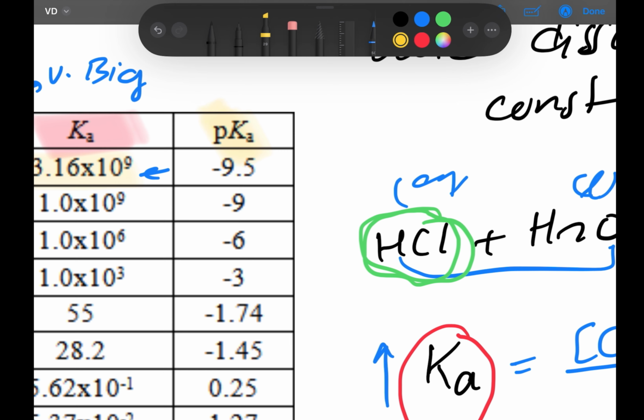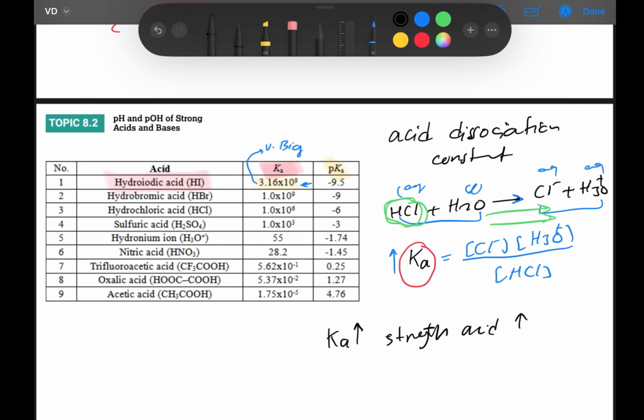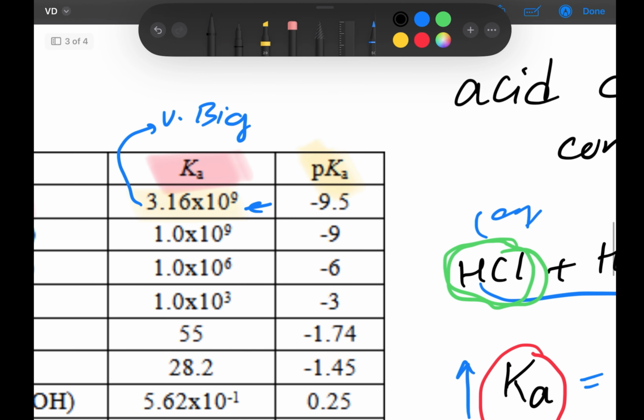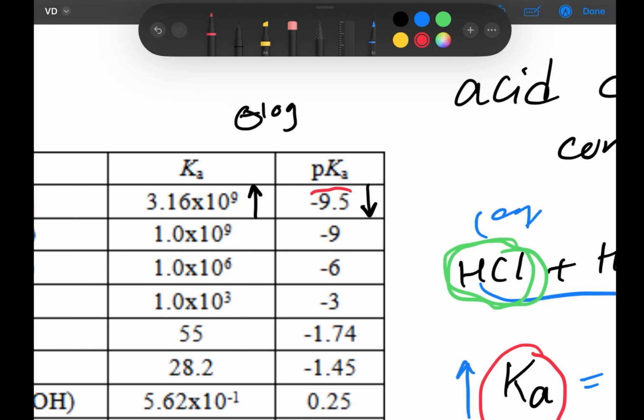So what is pKa? If you just take the negative log of the Ka, you will have the pKa. And you just notice something. I'm going to erase the stuff in here. As we increase the value of Ka, the value of pKa decreases because you take the negative log, and this negative actually leads to a decrease in the value. So any acid with a negative pKa or a low value of pKa, it tells me this is